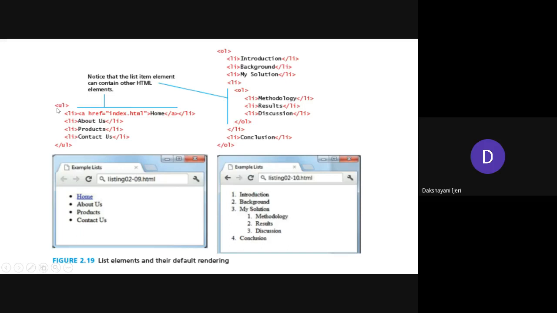So to say that it is an unordered list, you have to use the ul element, and following that li as many as you want, depending upon the number of items that you want to include here.